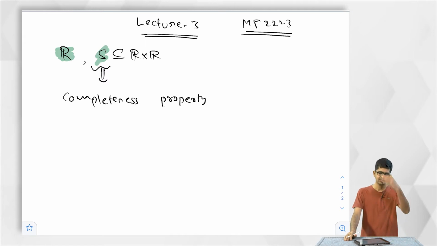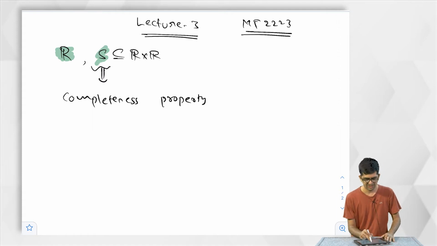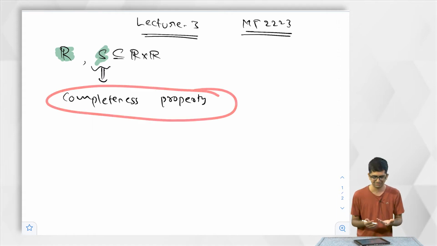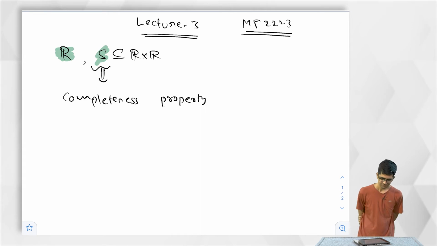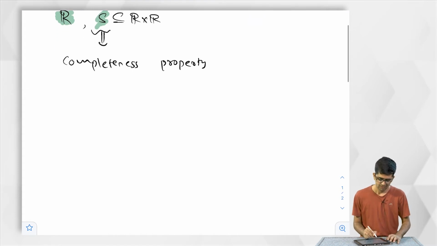So, what does this mean? This is where we stopped in the previous session. We just mentioned the completeness property and didn't really explain what it means. So now we will recall what we have already said and try to understand what it really means. So, the property is the following: if I take